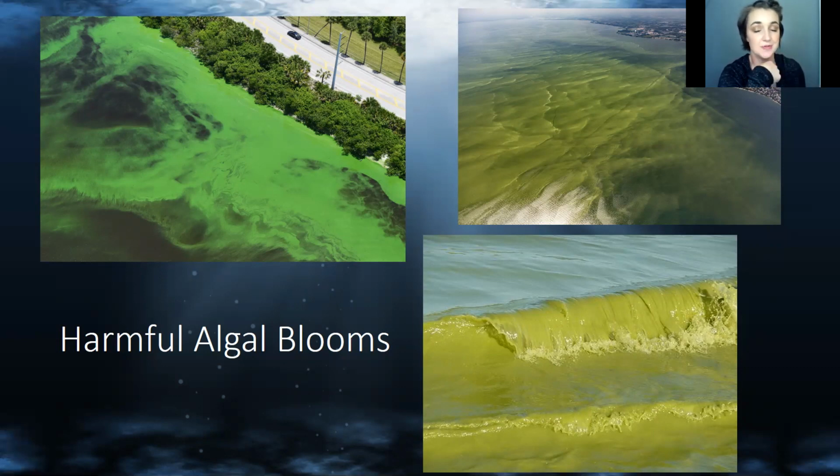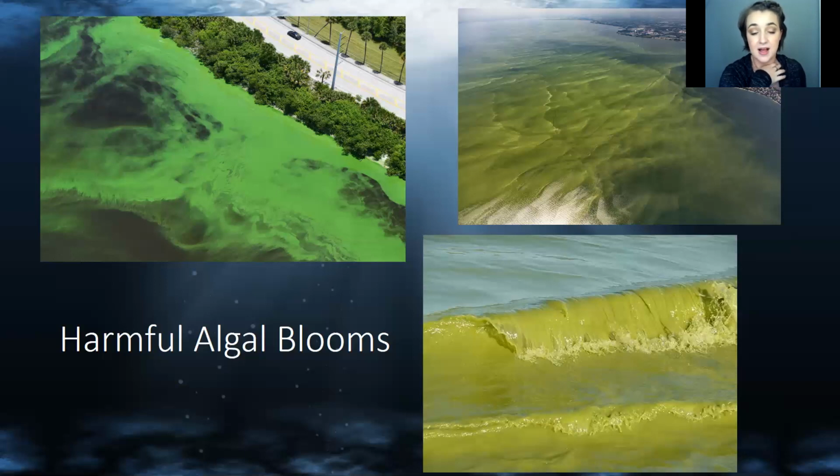which then breaks down your food chain, because now you don't have something for your primary producers or consumers to eat, and then your secondary. A lot of the times they're also toxic. This is the problem we have with the one in the Gulf of Mexico: a lot of times we have to shut down fishing or crab catching in these areas because these harmful algae blooms, these dinoflagellates, actually have